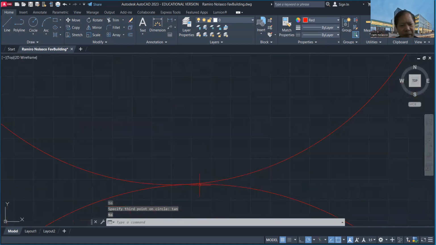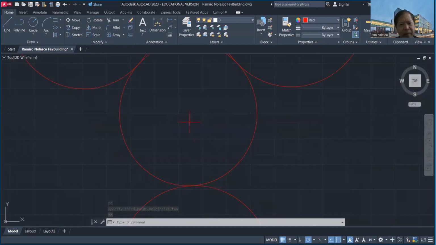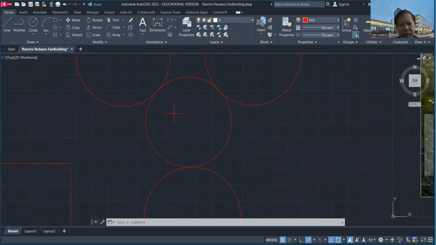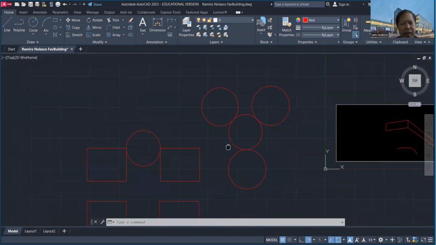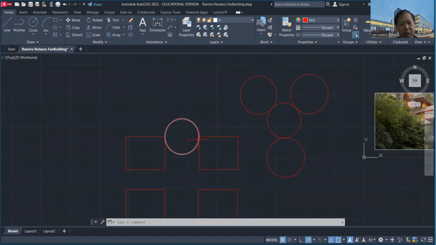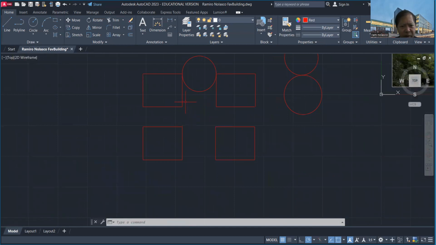And notice that the circle created depends on the diameter, or the diameter was dependent on the tangency points to all 3 circles. So that might come in handy. So circle 2P, circle 3P, right? If you have 3 points, like for example here, you want to make a circle that's touching that 3 edges or corners. So type C, 3P,